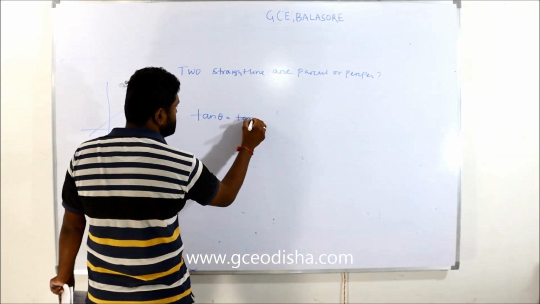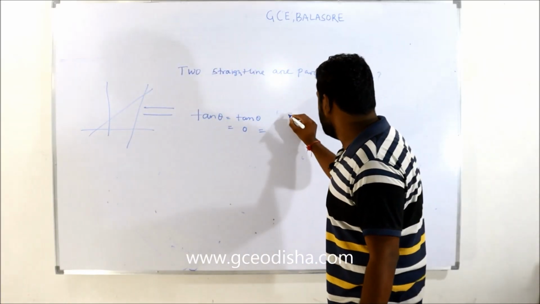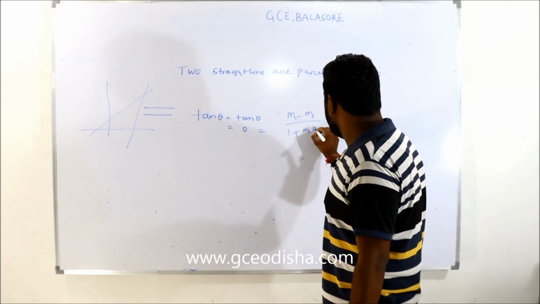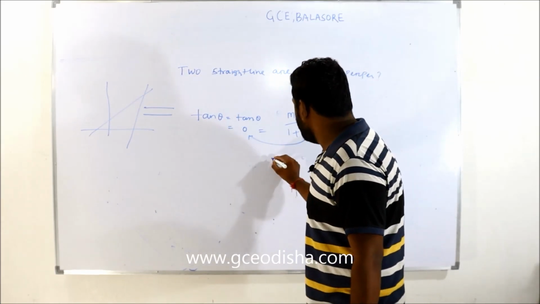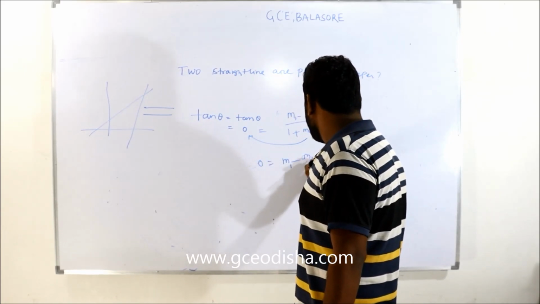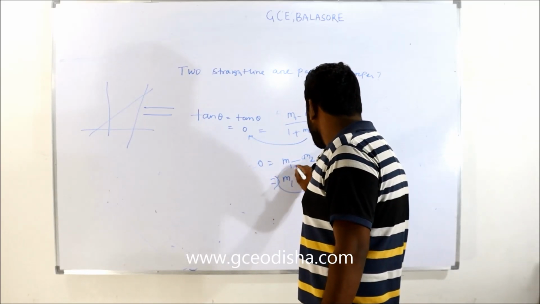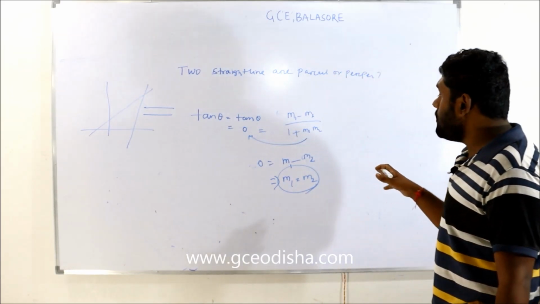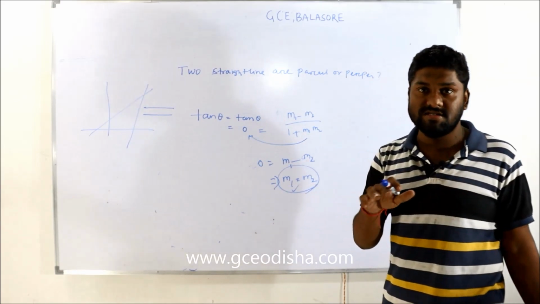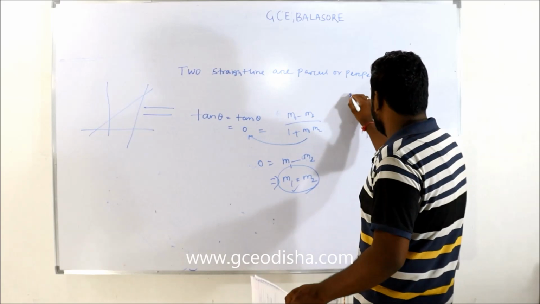then tan theta is tan 0, that is how much? 0. That is 0, that is equal to (m1 minus m2) divided by (1 plus m1 m2). Then this side comes 0, and m1 minus m2 is equal to 0, that will come m1 is equal to m2. This is condition 1. When two lines are parallel, then the slopes of the two lines are equal, right? And condition 2,